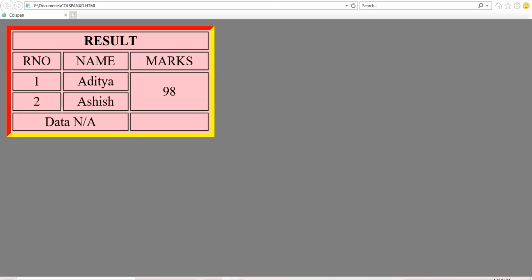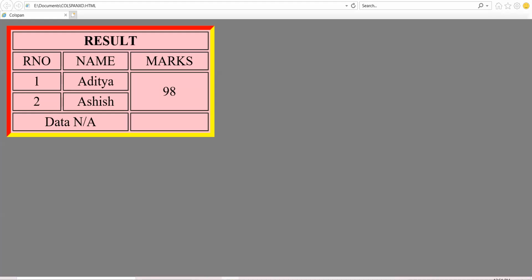See, when you give the attribute bordercolordark, the border will appear on the right and at the bottom side. When you give bordercolorlight, the border color will be visible for the top and the left border.